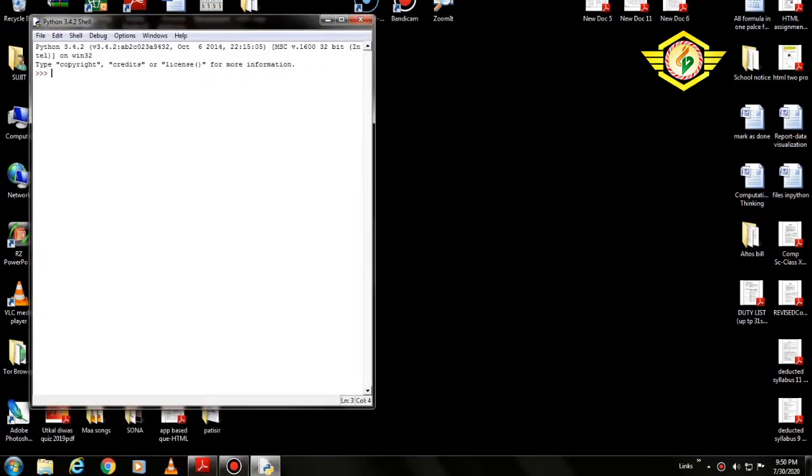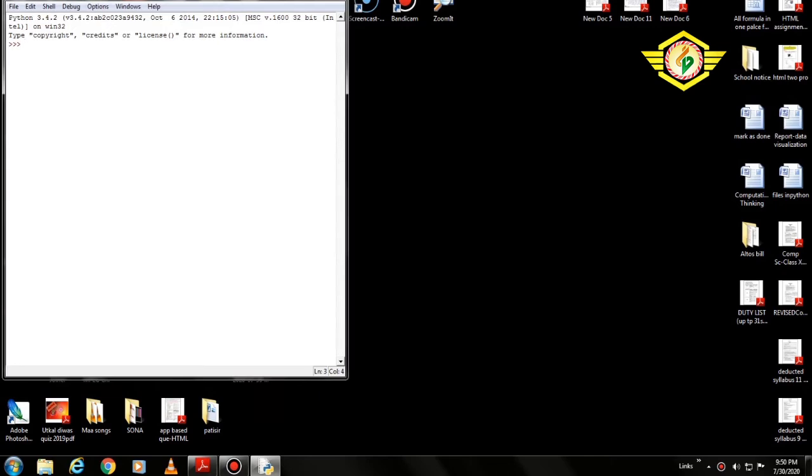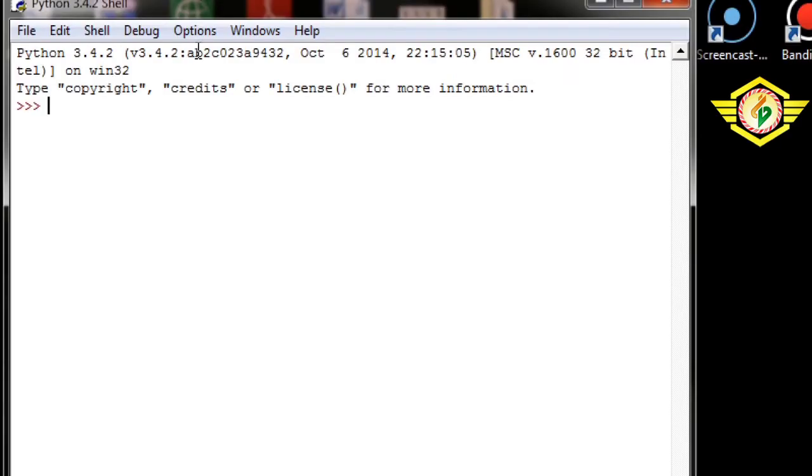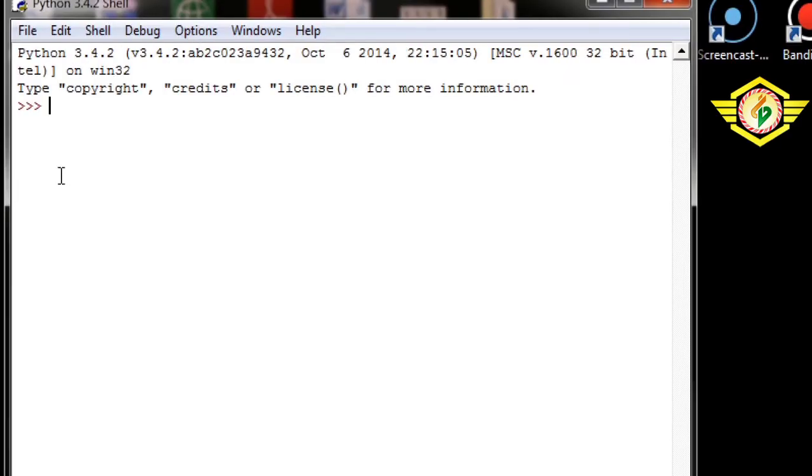After getting the interactive mode, I will type a few commands, the different types of variables, the constants, and different data types, that I'll show you one by one. First I'll show you how to define the variables. One by one, I am using different data types here and storing them in variables.